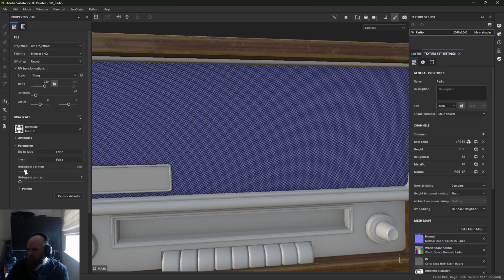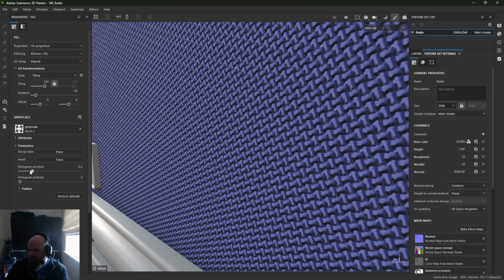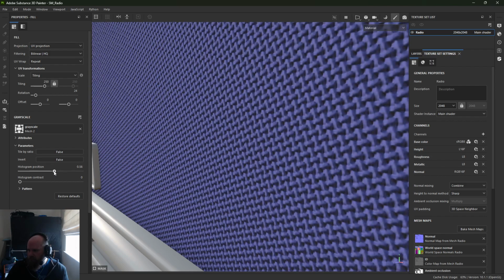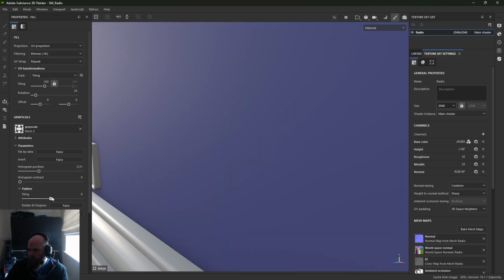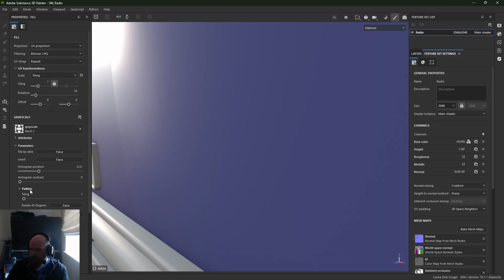We've got settings on this mesh, so we've got this histogram position. We've also got the histogram contrast. We've got the pattern. This is our tiling, I guess. So actually, if I set that back to 1, I start tiling this up,